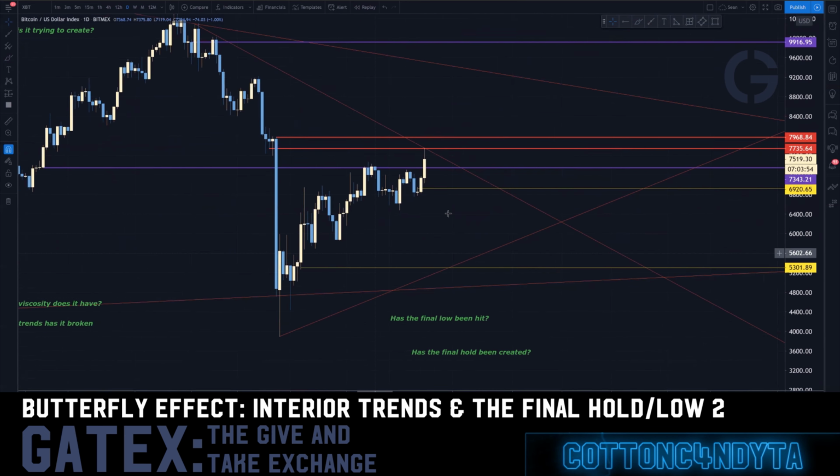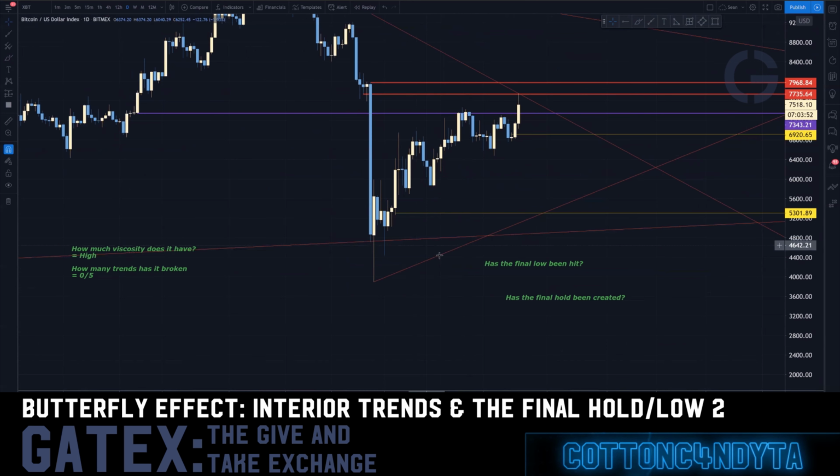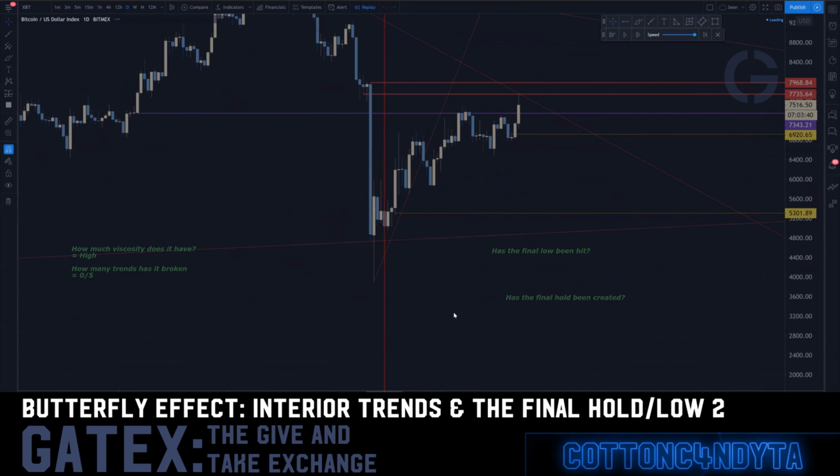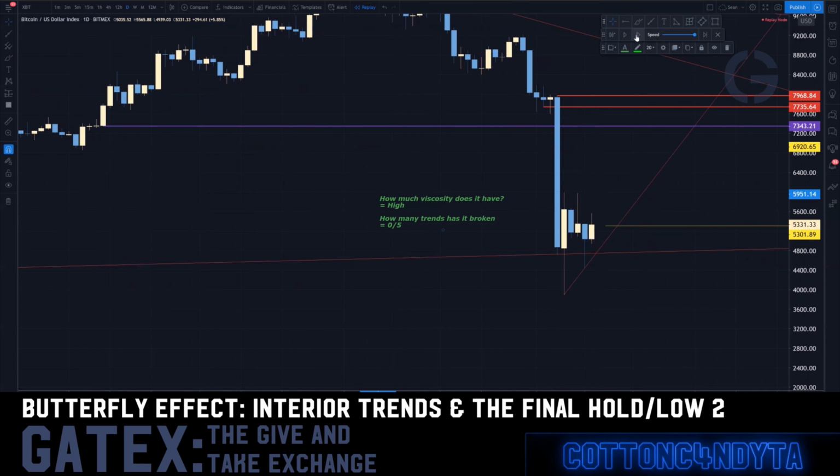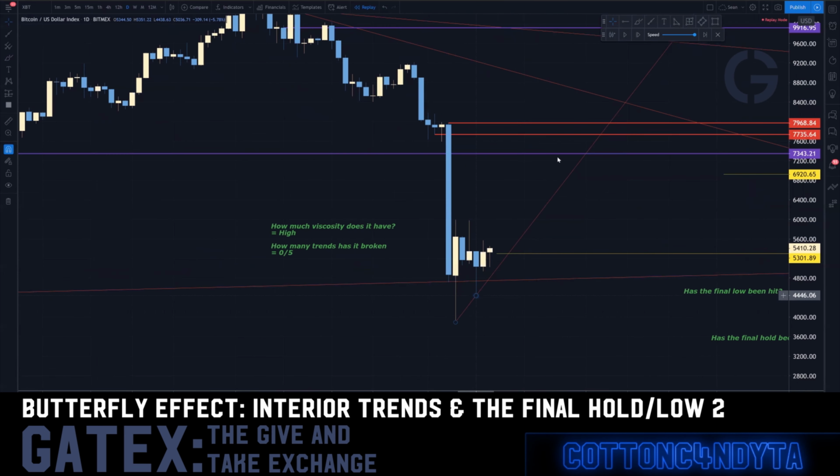Now we are going to get to the point where the theory gets supplemented with the actual practicing of this move. This final low hasn't been created yet. We know that hasn't been hit yet. So instead, what happens is we have trends. Like we would have had this trend at first right here. So we can walk through this move, maybe do the replayer tool here. We have the very first trend that gets created. We are looking to create the final low on this move. So we have a trend created there.